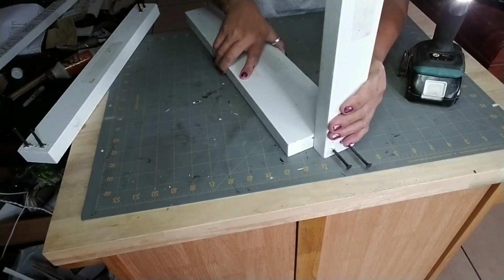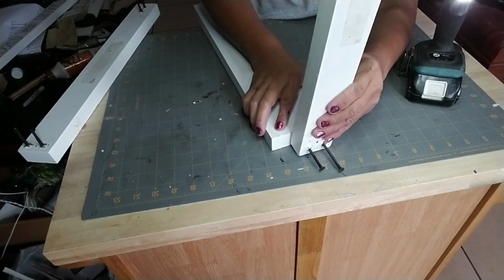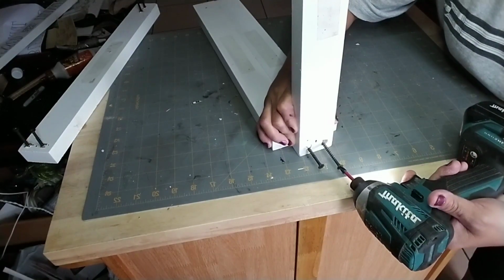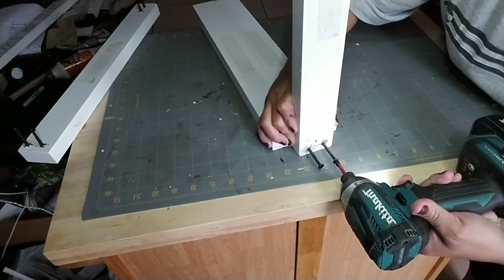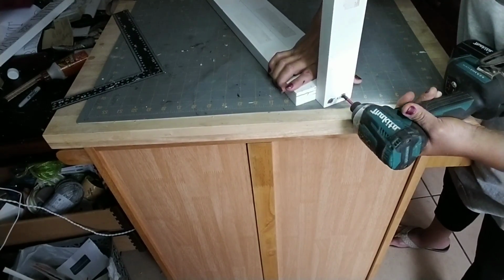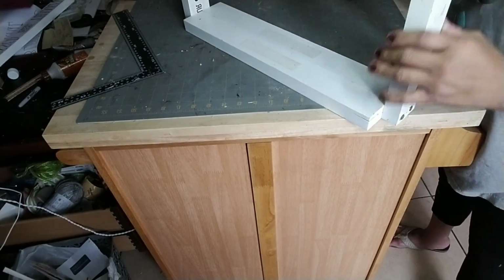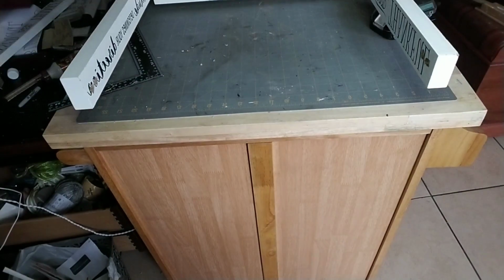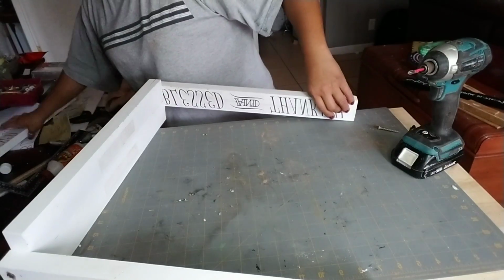I was trying to figure out how to show you guys. So you just screw them in like that. And then you do the same to the other side. And now we're going to do the top part. And again, it's the same process. Just screw in